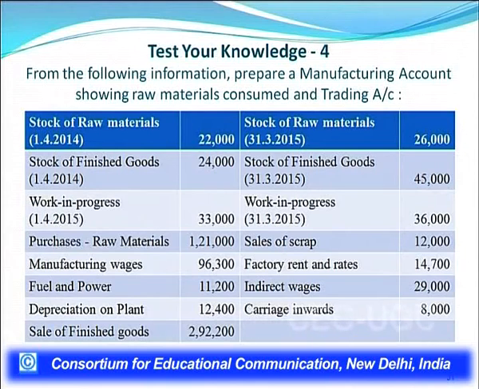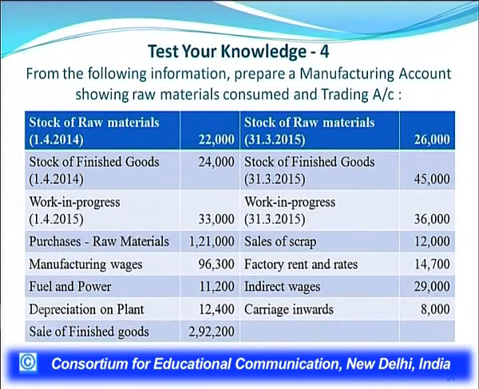I am putting one question for testing your knowledge. I can explain these items for you. The raw material is the opening stock of raw material on 1st April, then finished goods also, then work in progress. In work in progress, remember to note that this 1st April 2014 figure should be taken carefully, and then purchases, raw material, then manufacturing wages, fuel and power, depreciation on plant,